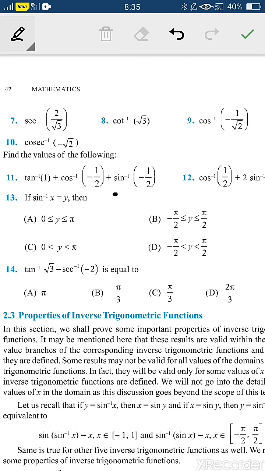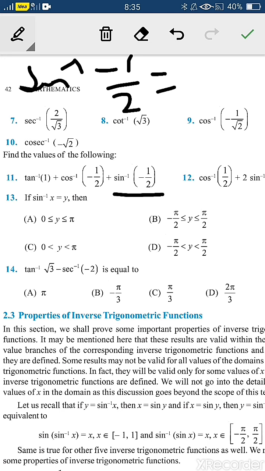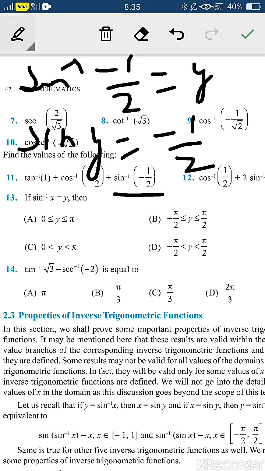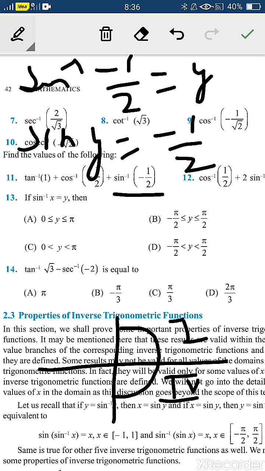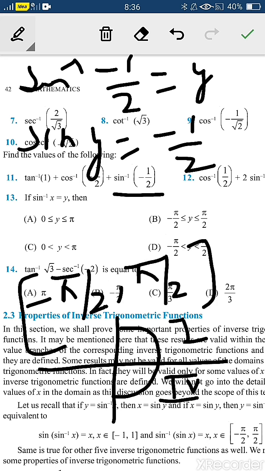Now taking sine inverse minus half. Let sine inverse minus half be equal to y. So sine y is equal to minus half. In which quadrant is it negative? Let us again recall the principal value branch, which lies between the first and the fourth quadrant, that is minus pi by 2 to pi by 2. This is its principal value branch. So it lies between the first and fourth quadrant, and no value lies in the third quadrant.